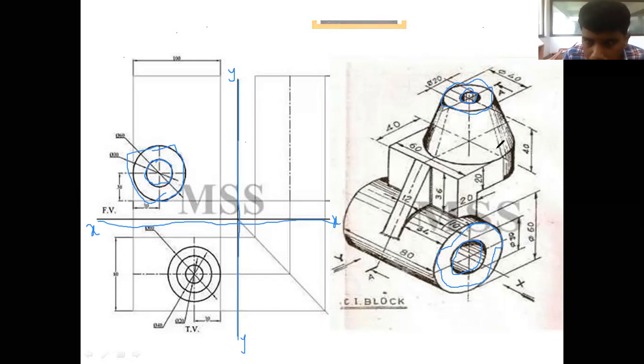And lastly we have one more circle, the outer circle, which is of 60 diameter. You can see it from this side. So this is the 60 diameter, this is the 20 diameter, and this is the 40 diameter.